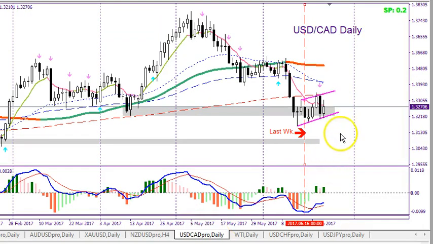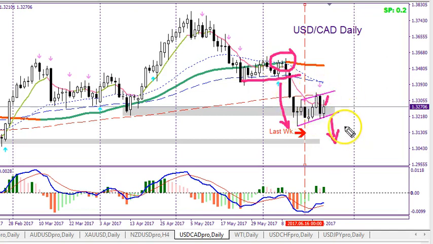Okay, so from here we go to the US CAD, and this pair has been coming down. You can see here's the previous swing high right here. Okay, it broke through the support here. It's come down, and again, now we're in an upside down flag. Usually what happens here, price may go up a little bit, but usually price breaks below this area and falls further out of an upside down flag pattern.